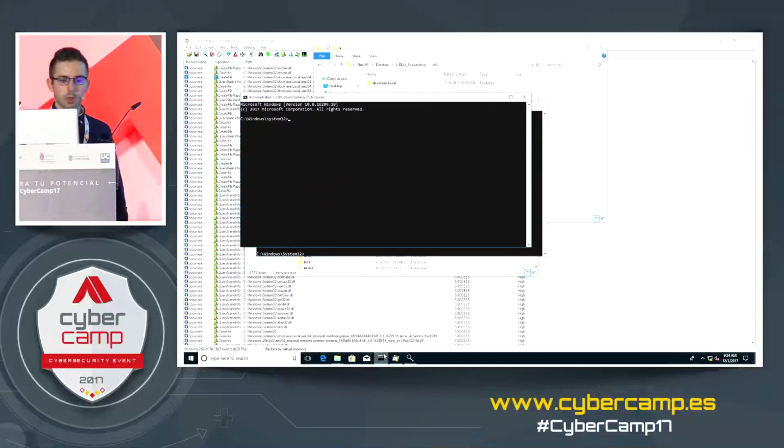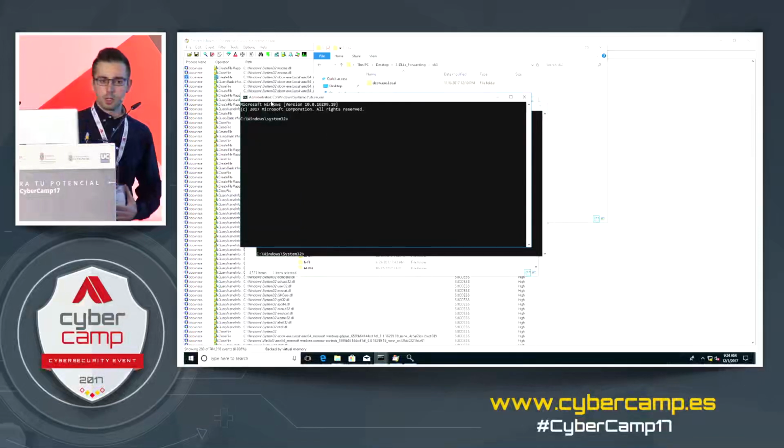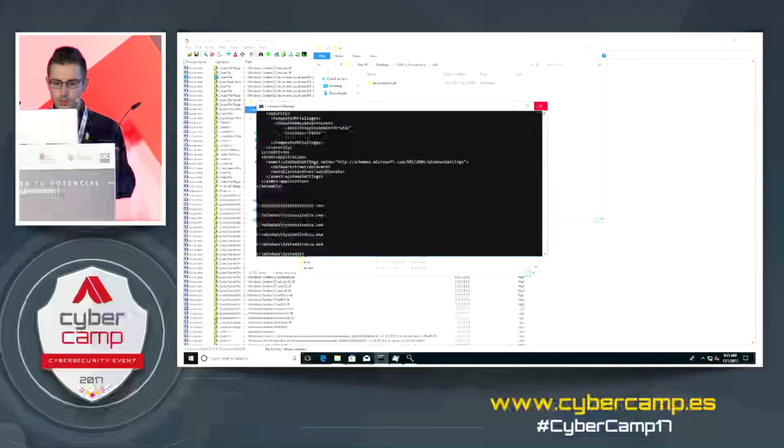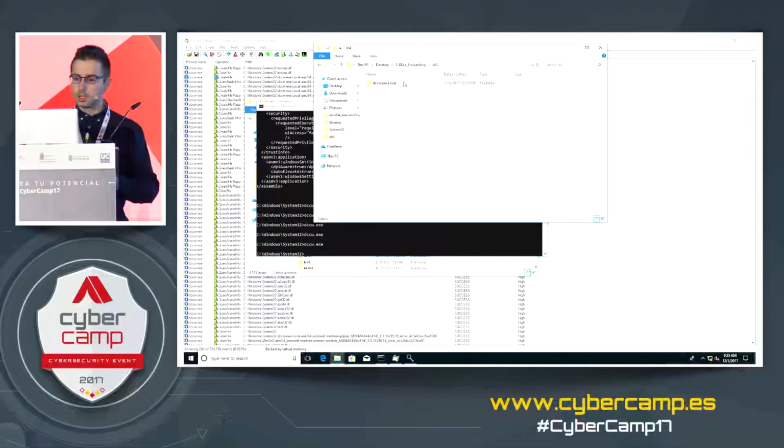If we execute dccw.exe, now we've obtained a command terminal. If you look at the top here, we have administration rights. This allows us to perform an attack bypassing the user account control. So now we're going to take a look at the process that enables us to automate all this huge task. I showed you before